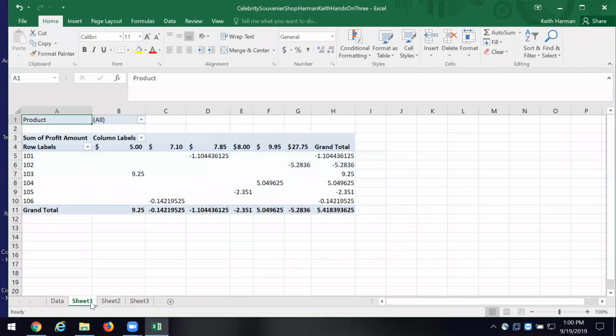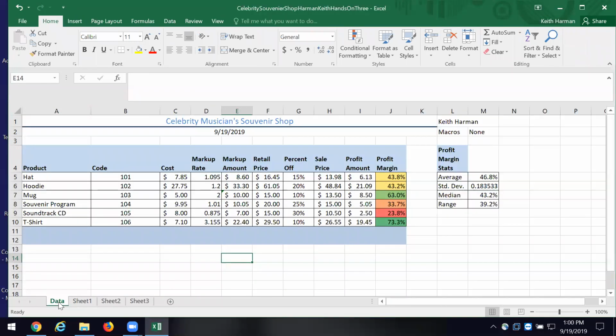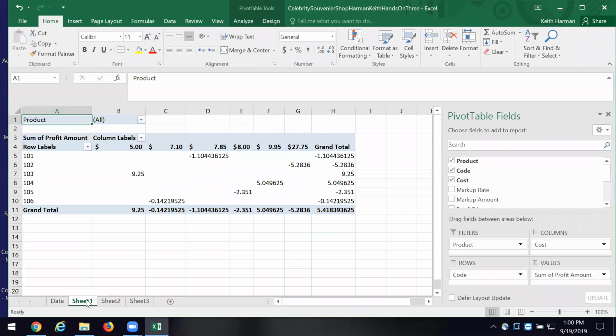Okay. Now we did some work over here the other day, and I want you to look at this. Click on sheet number 1. And you remember we did the pivot table? You see that? Let's rename that. So click rename, and I'm going to call it pivot table. Isn't that original? And I have to put the words all together. It'll go crazy on me. So I'm going to put pivot table.